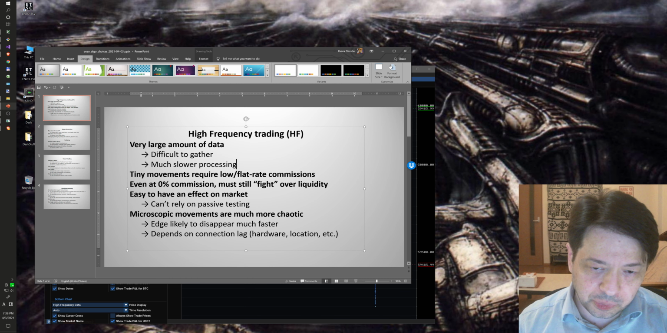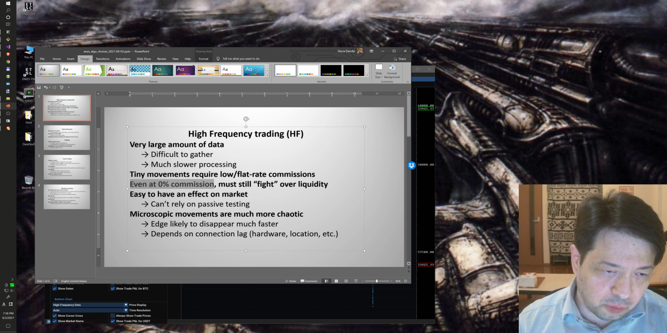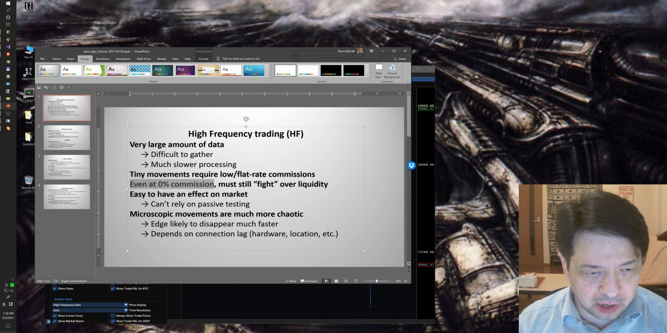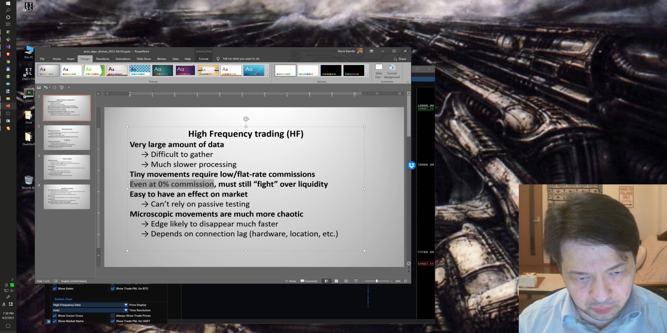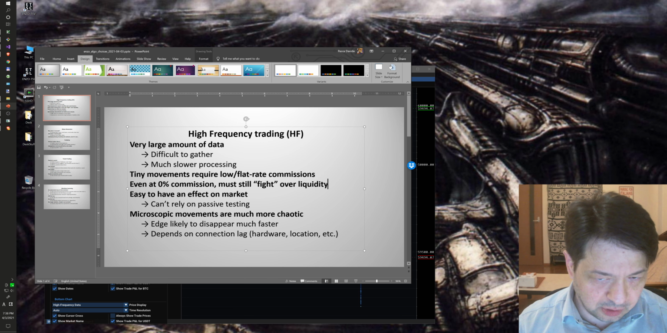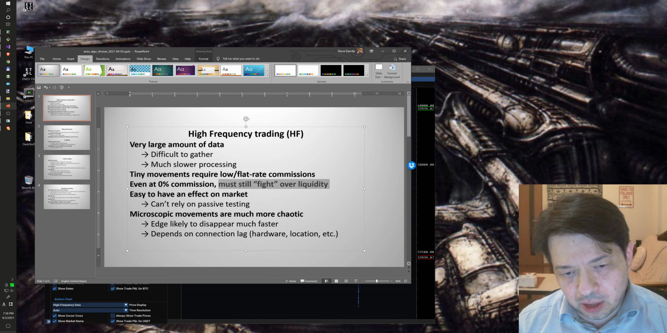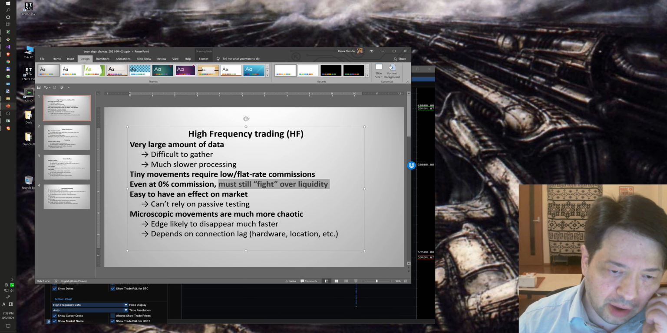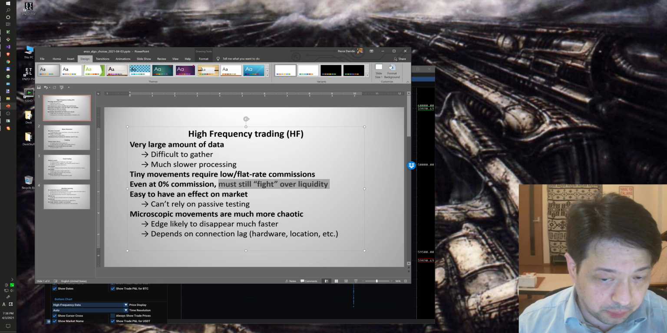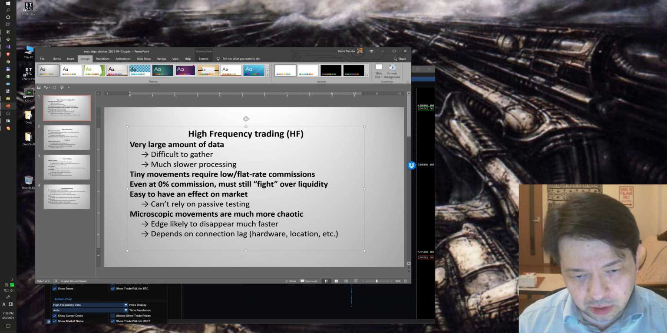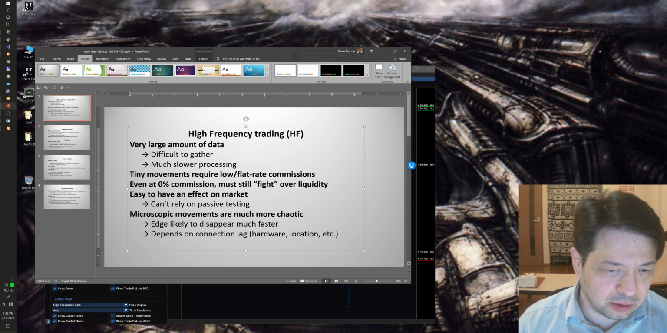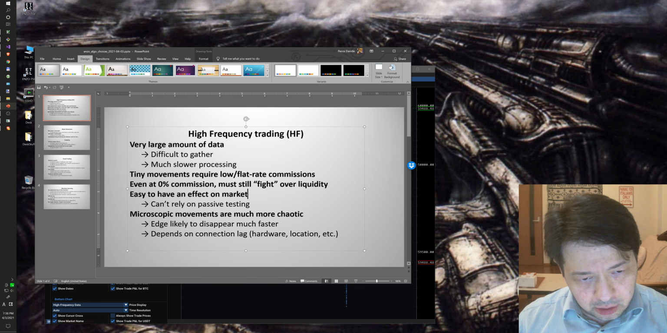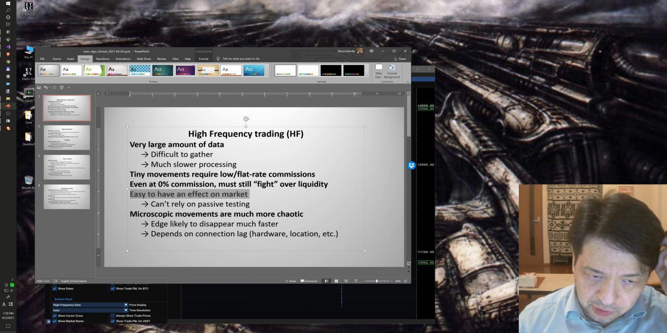So commission is an issue with the exchange, with the broker. But then there's a fight over liquidity, which is basically the fight of high frequency trading. The market needs to be liquid enough, and whatever liquidity is there, you fight for it. So another major problem is that it's really easy to have an effect on the market,